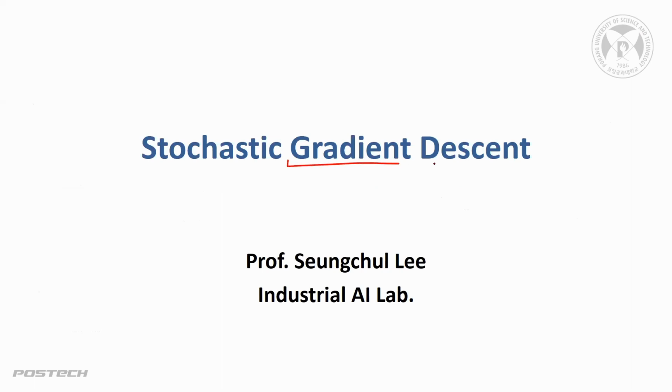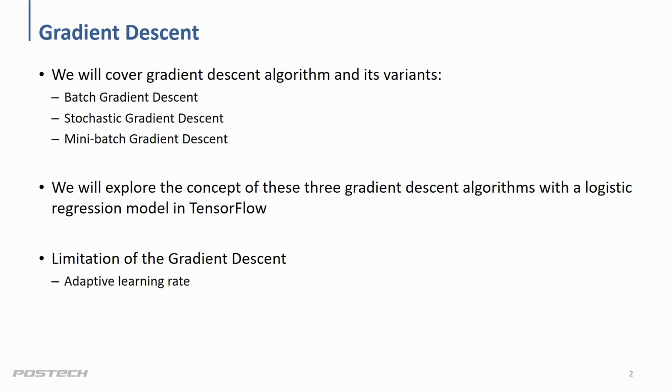Basically, I think you guys have heard the gradient descent method many times, because I covered it under the topic of optimization. But here the difference is that I add "stochastic." So I'm going to explain what stochastic gradient descent is and see what kind of discrepancy there is. Okay, so